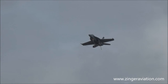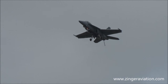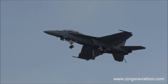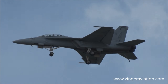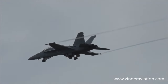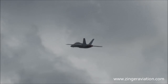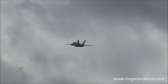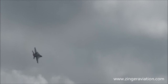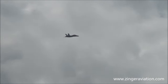Ladies and gentlemen, here comes the carrier configuration pass. Gear down, flaps extended, and there's the tail hook. Now let's talk a little bit more about the